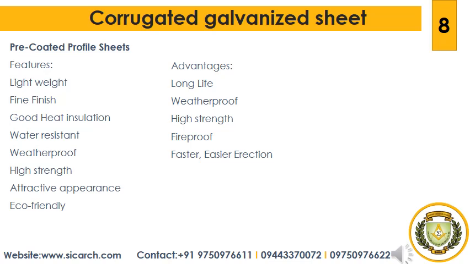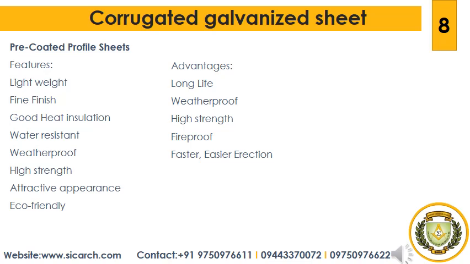So its features are, they are lightweight. Through the whole processing, keeping the low density of the sheets combined with excellent strength is given the utmost importance. So these sheets can be easily installed or dismantled without any difficulty. The second one is fine finish. These sheets are of uniform quality and the colors are coated uniformly. The colors are chosen from the latest color coating line.